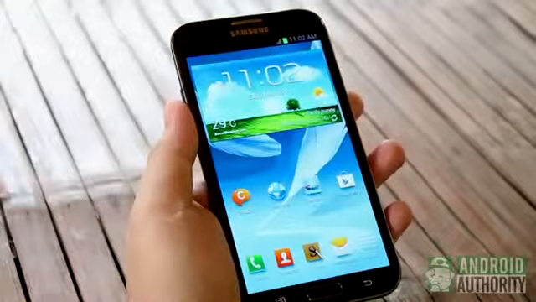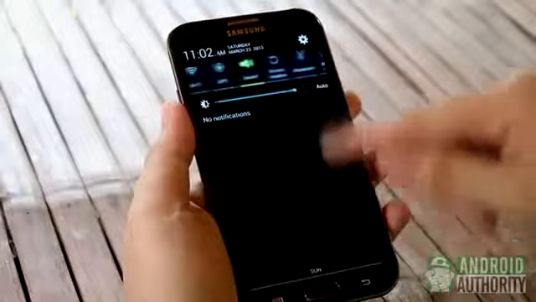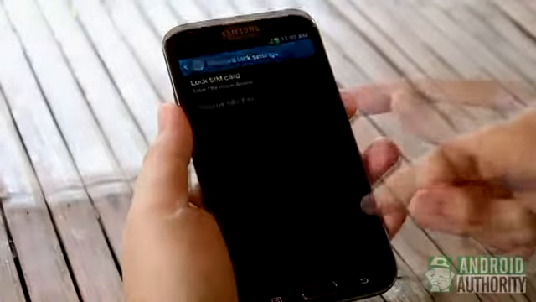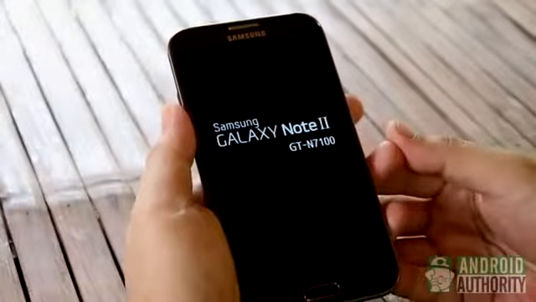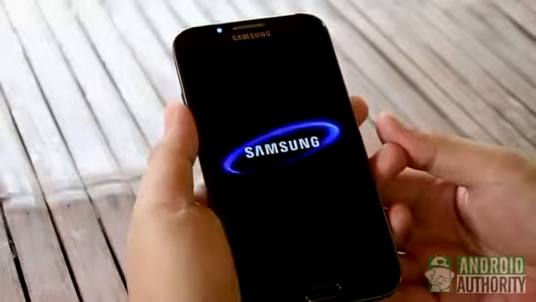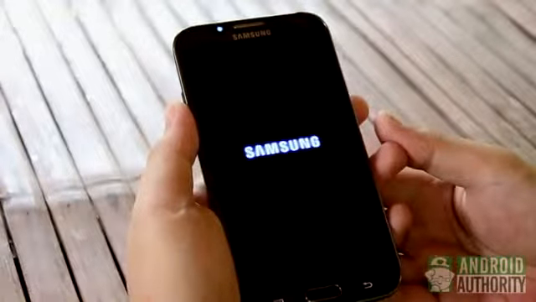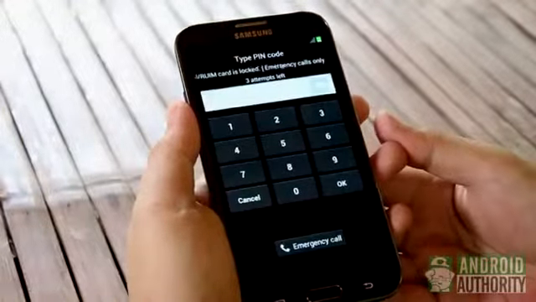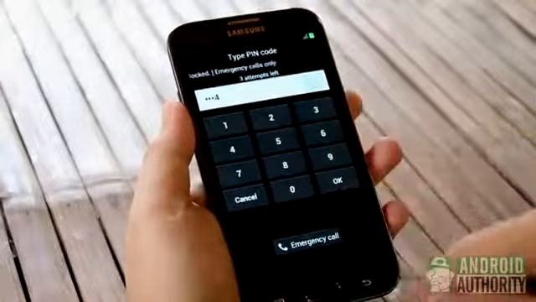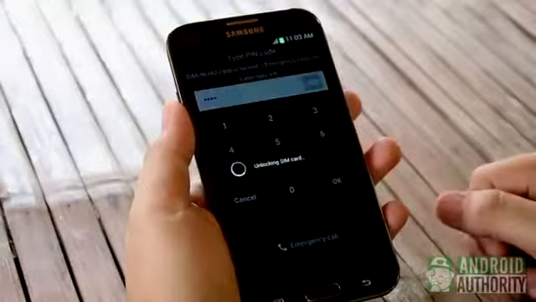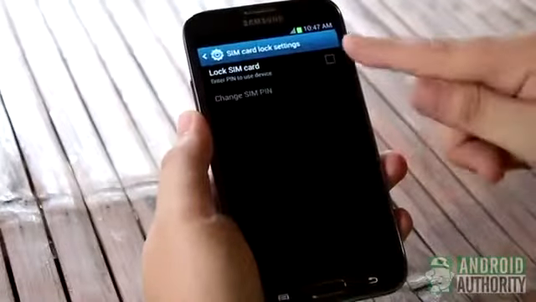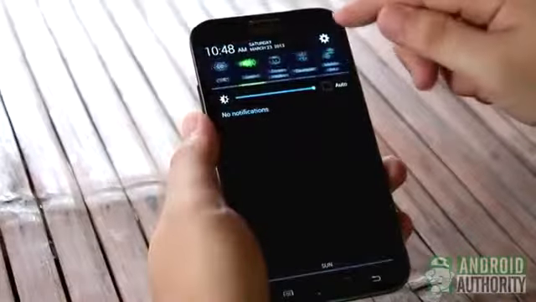First, activate SIM card lock. To set your SIM card lock, go to Settings, Security, Set up SIM card lock. The SIM pin is like a passcode for your SIM. Your phone will ask for it every time you power on your phone. Provide the wrong code and you won't be able to use your SIM. Input the wrong code many times and your SIM will lock you out until you provide an unblocking code. So, always memorize your SIM pin. The default SIM pin code is usually provided by your network carrier, but to be safe, change the default pin